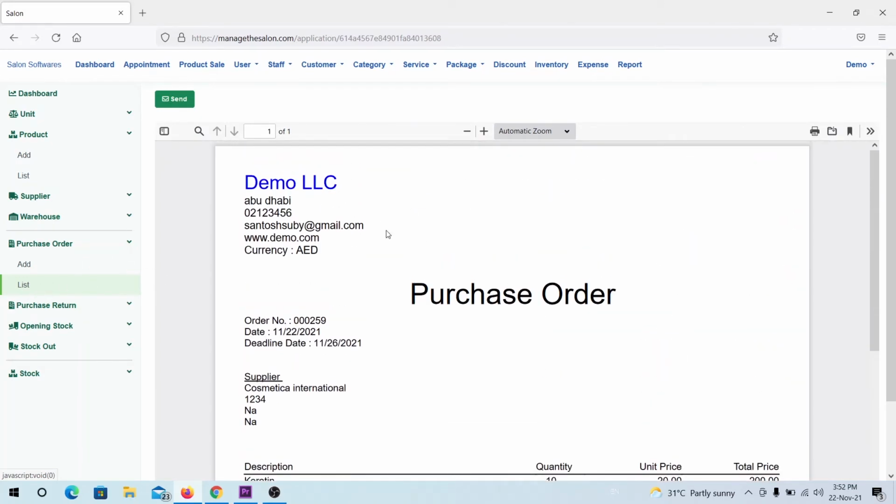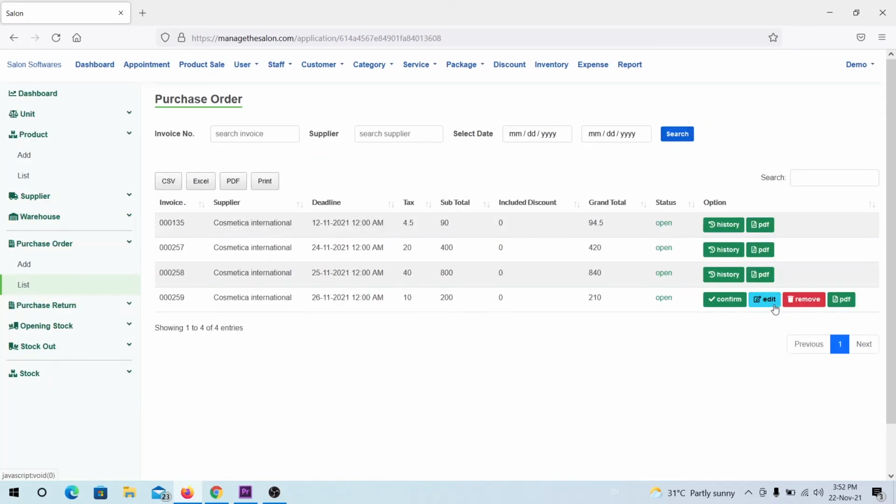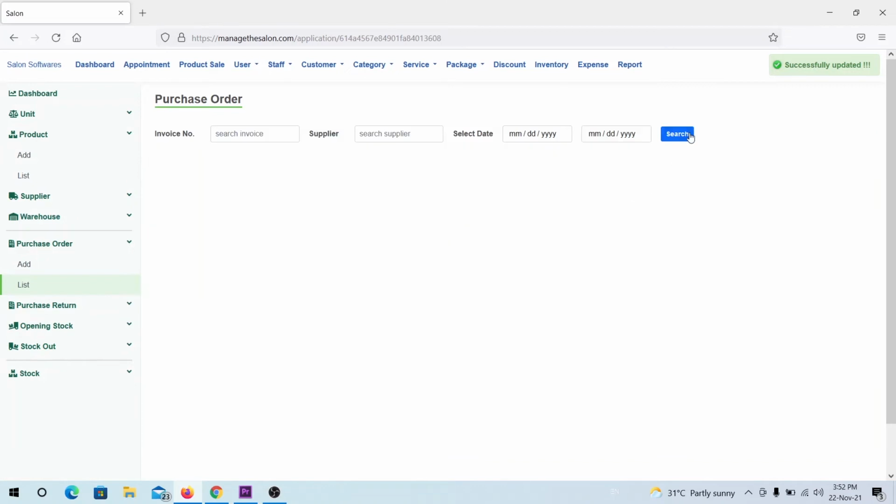Okay, on the other side, there is another option to check the list. Here also you can check, and this option is to update the product. If you want to change, add more, or reduce, you can update it here and simply save. After that, again you can go to the